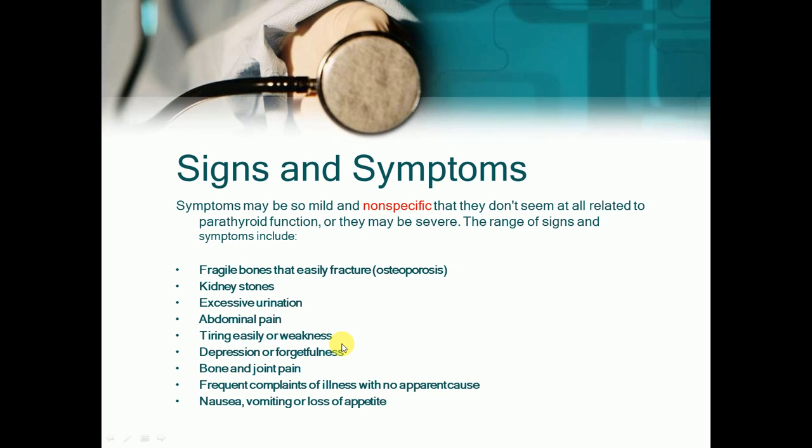The symptoms may be so mild and non-specific that they do not seem at all related to the parathyroid functions, or they may be severe. The range of signs and symptoms includes fragile bone, that is fractures, for example in case of osteoporosis. There may be chances of kidney stones, renal stone formation, excessive urination, abdominal pain, tiring easily or weakness, depression or forgetfulness. These are the mild signs and symptoms which are reported